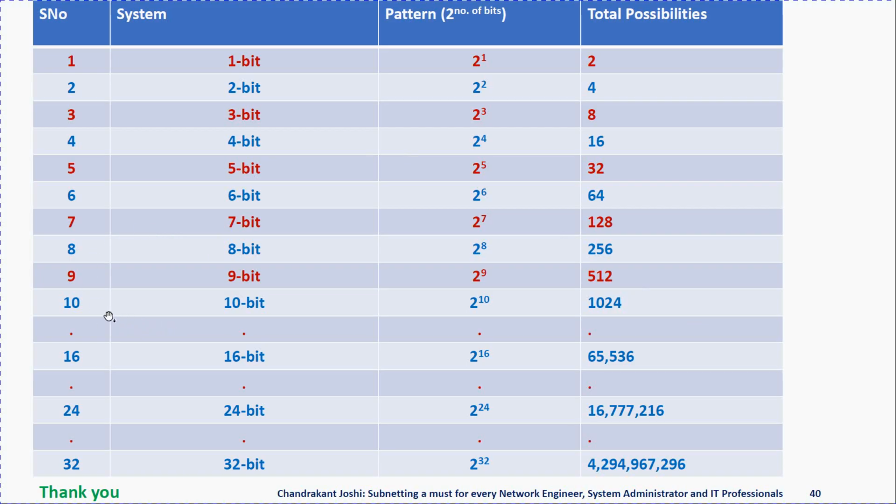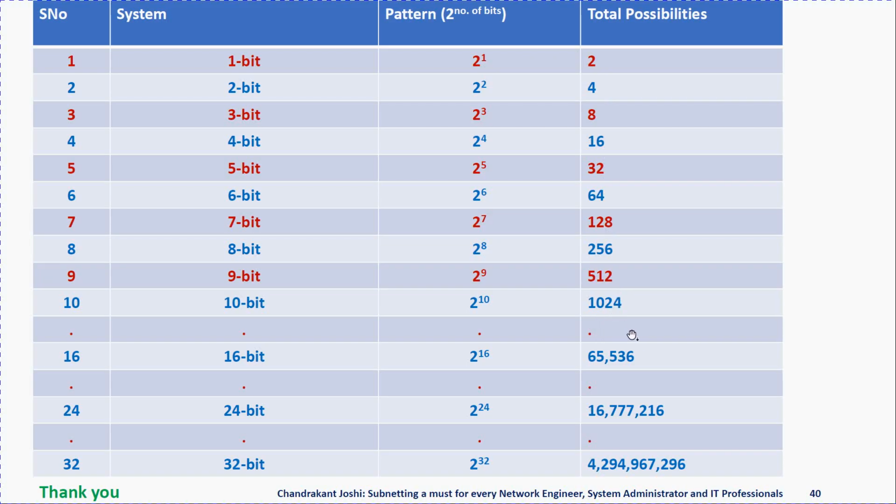Because this is a 32-bit system, let us try to see what is the value of 2 to the power 32. After doing these calculations, you will come to know that 2 power 32 is 4,294,967,296. Now we don't need to remember this at once. We can go step by step. 2 power 0 is 1, 2 power 1 is 2, then 4, 8, 16, 32, 64, 128, 256, 512, 1024,